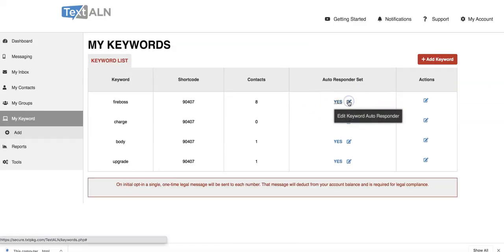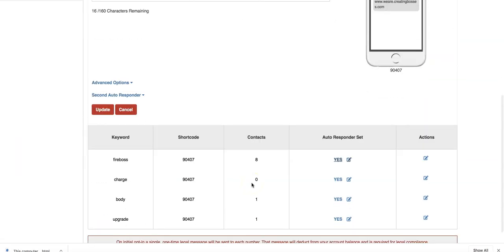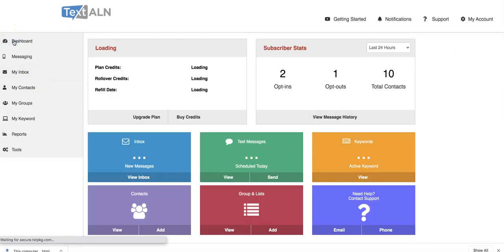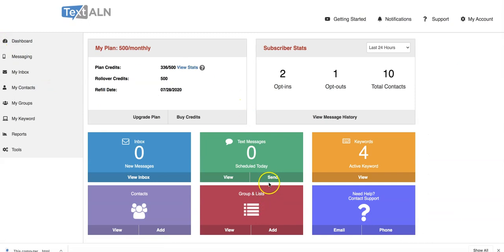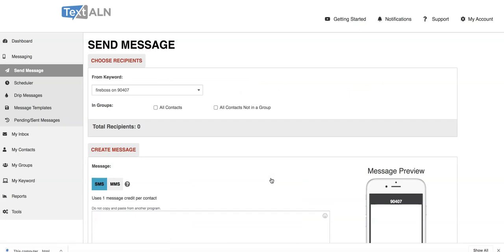So that was actions. Same thing. So we're going to go back to the dashboard, and let's talk as if you're just sending out a daily broadcast to your contacts. So here you can find which keywords you want to use. You can either do all contacts, or you can also make groups. You can make a group that says, for example, Fireboss-2, and these might be members that are already paid, or members on your team, or certain contacts that you want to send personal messages to,